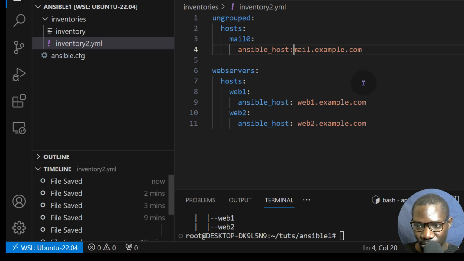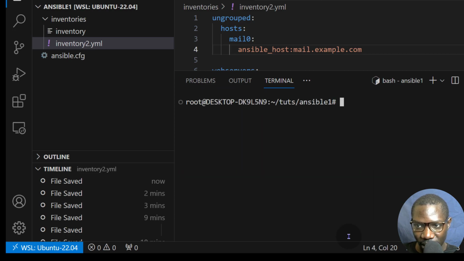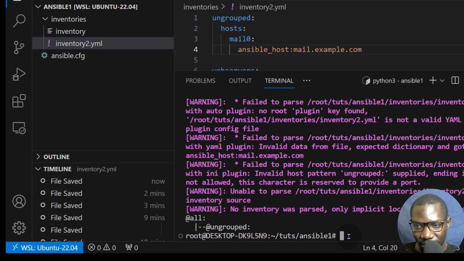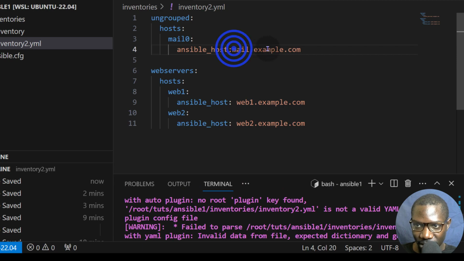And I'm just going to do Control S, and you'll see that now suddenly things are not working fine. So I'm going to do Control L, and you'll see this error. You'll see this error, failed to pass it. Found a problem here, right? That is important. Make sure you have a space for the key right there.